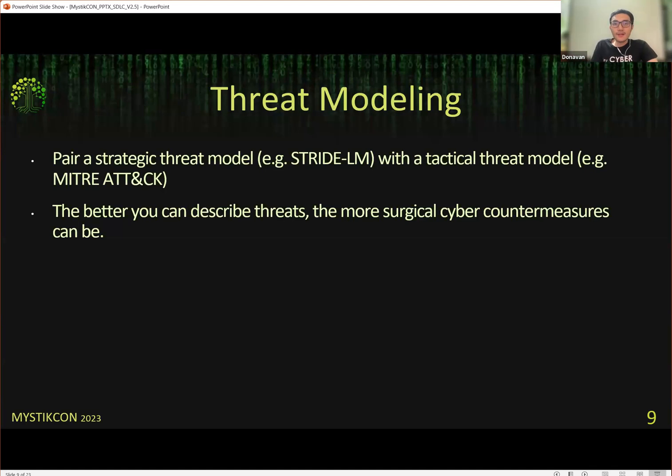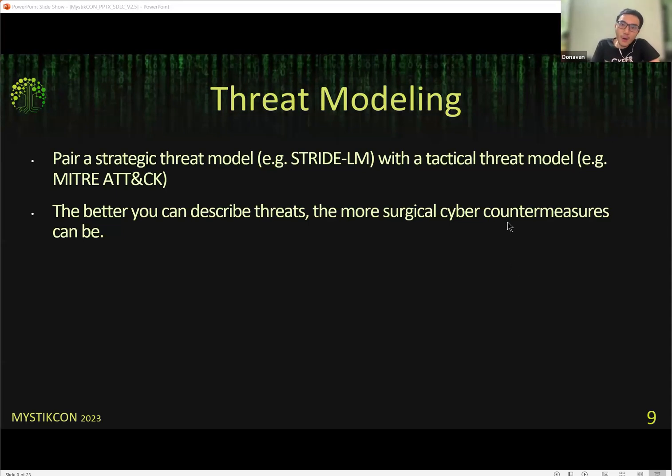Yeah. So here, the whole idea behind threat modeling, at least in my book, is that it is not a simple one-dimensional exercise. There are many threat models out there today, and if you ask me how I would conduct a threat model, the first thing we will do is to sit down with the customer to understand what exactly we need at the various levels. If you are familiar with how the military defines various levels of thinking, we have what we call the strategic level, the tactical level, as well as the operational level. And there are many different kinds of models that we can reference.